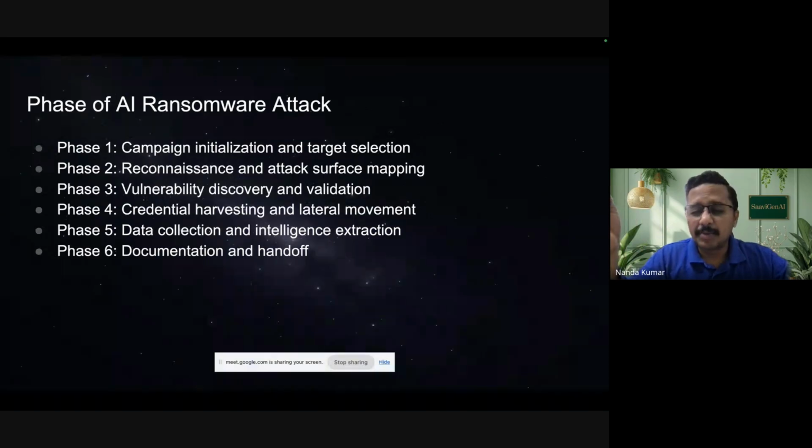identify the vulnerability. Once the vulnerability was found, it went and checked the CSV records and then found what all vulnerabilities there were. Based on the vulnerabilities, there are places where it created malware on its own and pushed those malwares into the systems. All this has been done by Claude. So that's why close to 90% of the work has been completely automated.